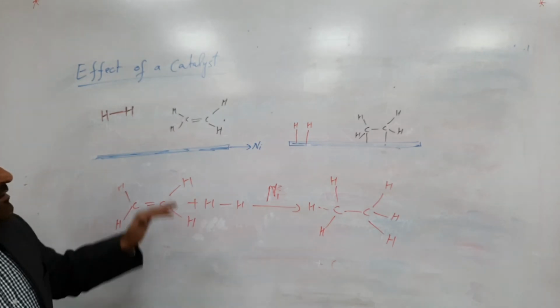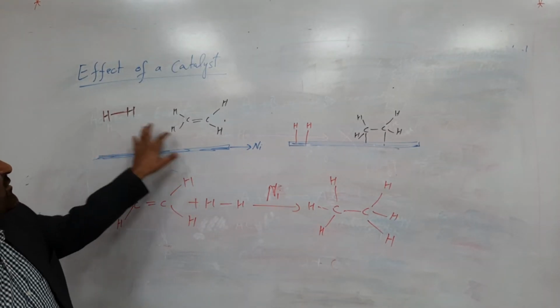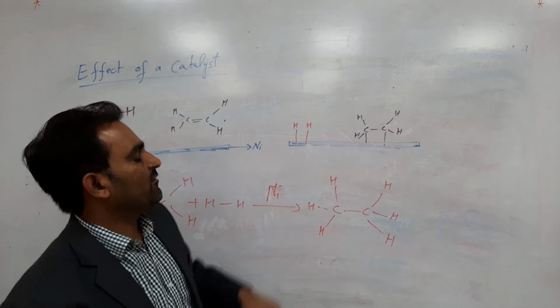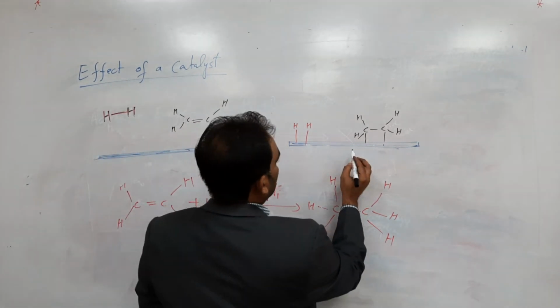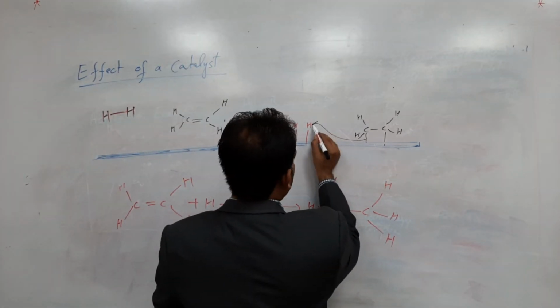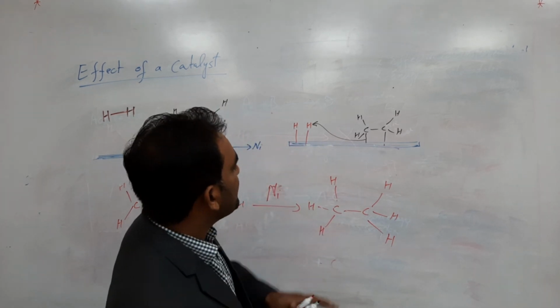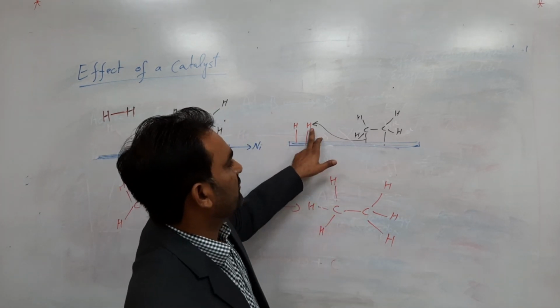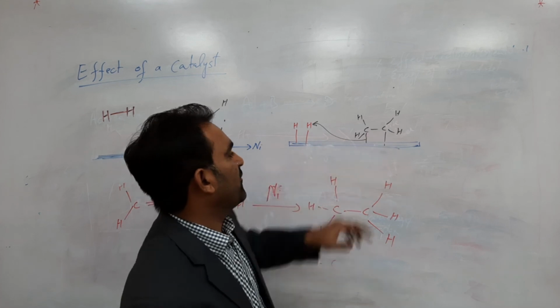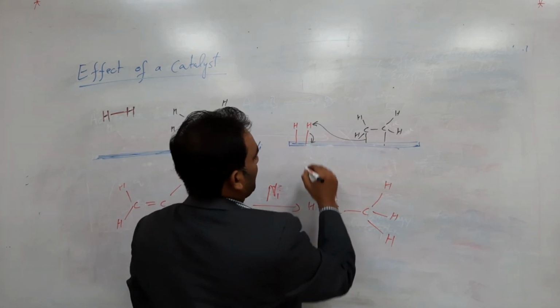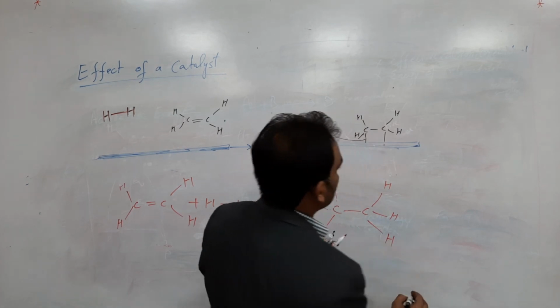Then there is a physical adsorption of these two reactants on the surface. Now from here, this will easily get this hydrogen to make it a stable one, and this over here,